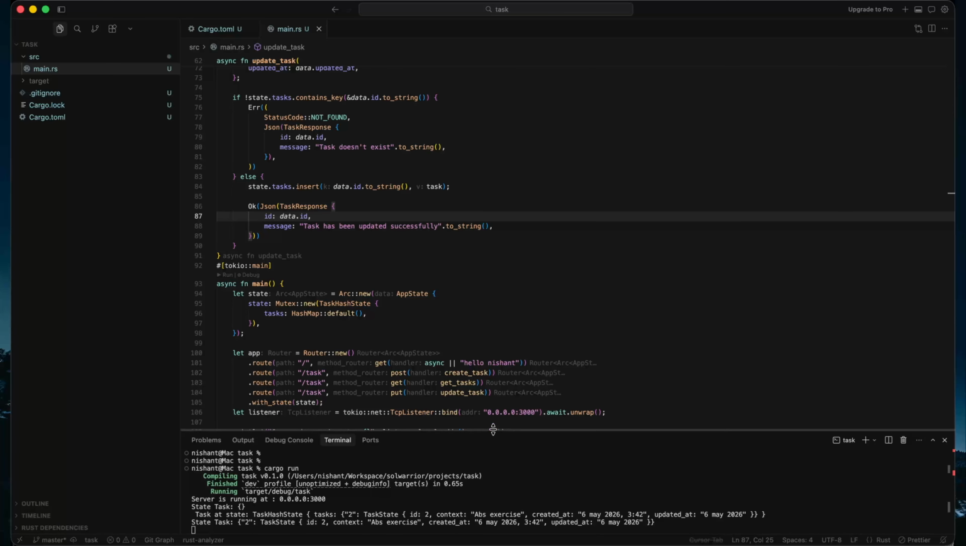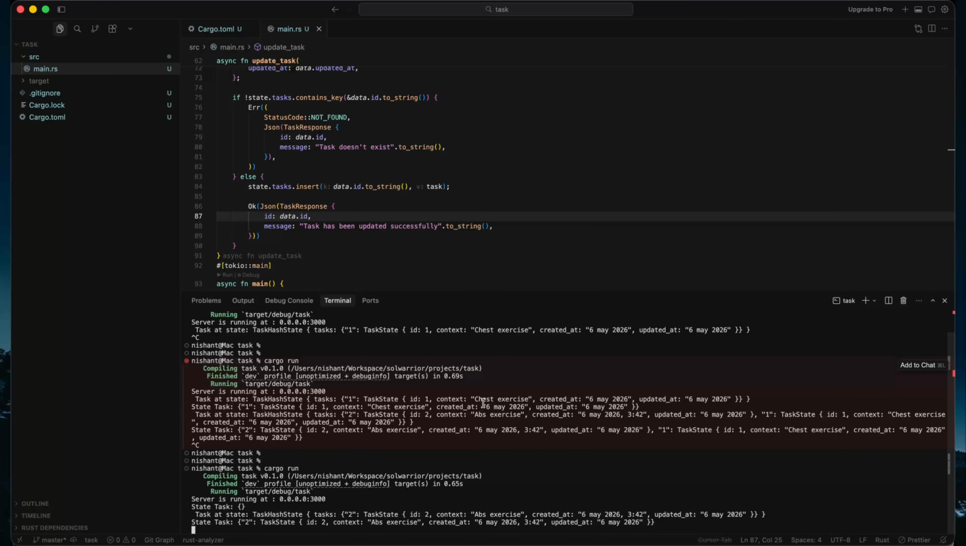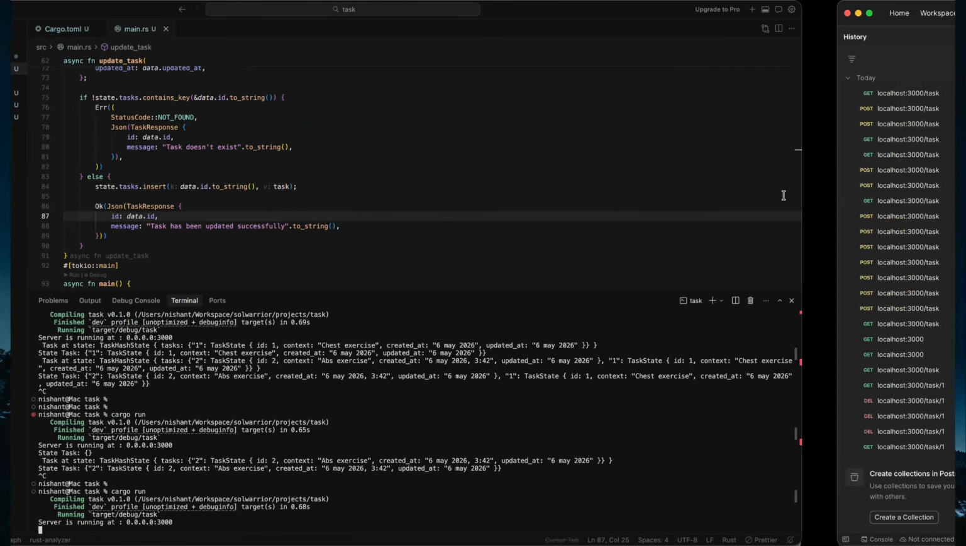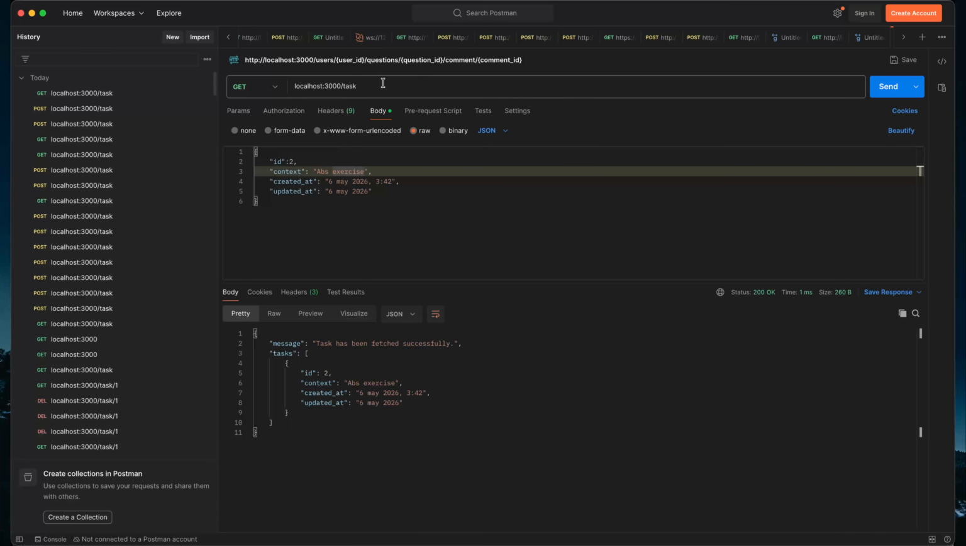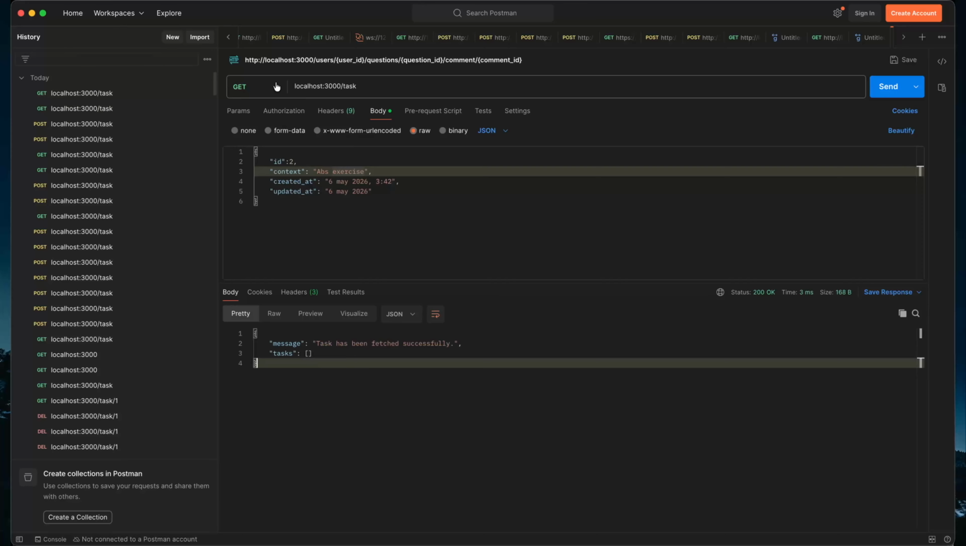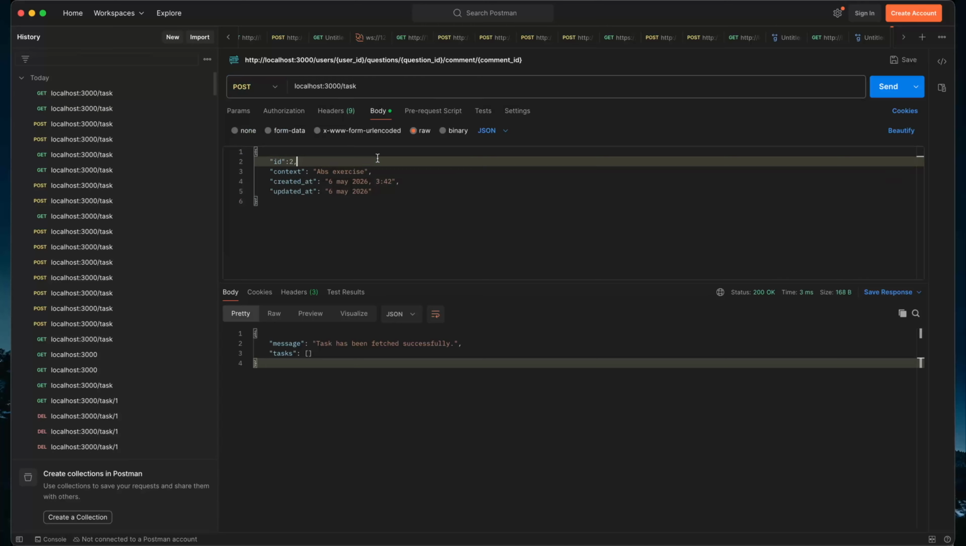So if I just Ctrl+C and cargo run and just go here, and definitely we say okay, task has been fetched. It should give the task and fetched successfully, and it has no task. Okay, you can show your message. So like task 1, task 2, task 1